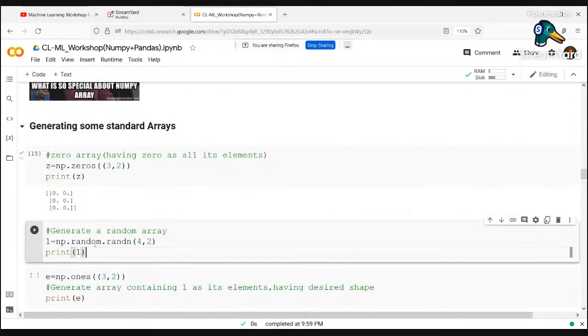Many times we need to generate some random arrays, and to generate a random array we use the np.random.random function. The syntax is pretty simple. We have to give the name of the array, which is L, equals np.random.random followed by the desired shape of the array which we want. So I have given 4 comma 2. As you can understand, this will give me a randomly generated array having 4 rows and 2 columns. Now if I print this,